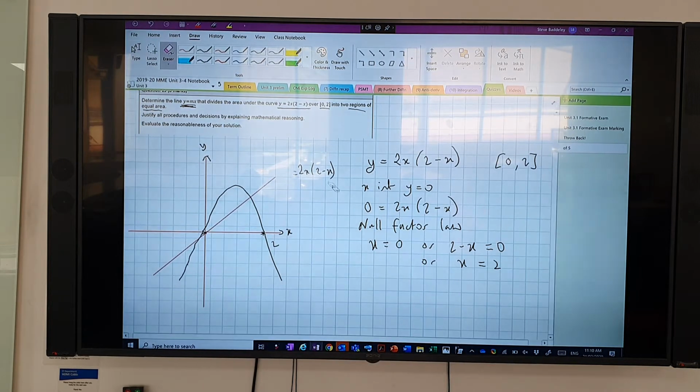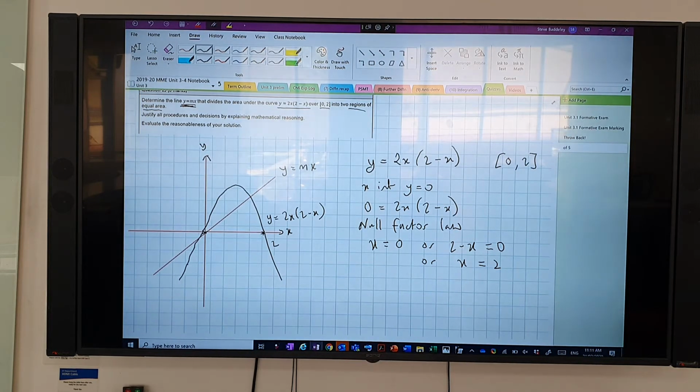So we know, I'm just going to write this out because it's quite confusing over there. We've got y equals 2x(2 minus x), and y equals mx. You happy with that? Now what it's asking you to do is find the line that divides the area under the curve into 2 equal regions. Now you could actually find the line of mx plus c if you wanted, but it's not asking you to do that. There are actually other lines that divide it. They're trying to make it simpler for you by saying it's pivoted around (0, 0). So don't make life complicated for yourself. You'd probably still get marks for it, but it's just silly.